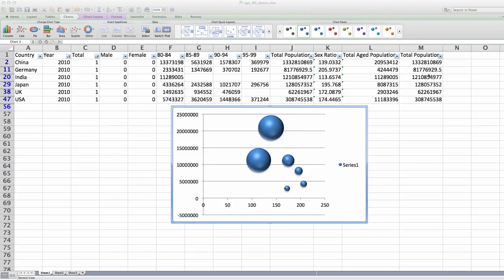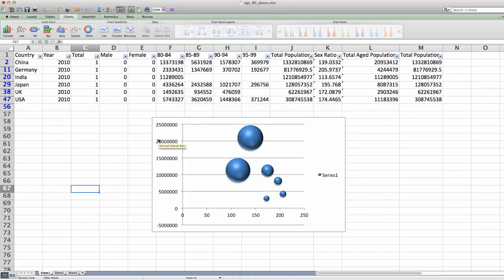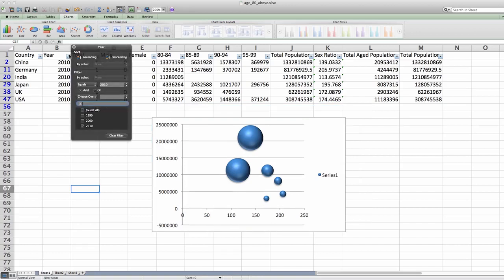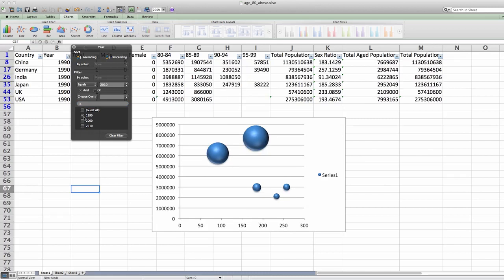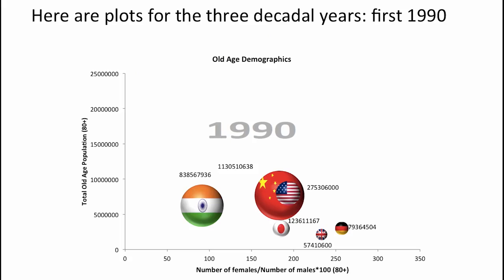That is why I had to copy and paste it again at the end of the row. The bubble is centered at the values of the other 2 variables. That is how we generated the bubble plot for the year 2010. You can go ahead and generate the bubble plot for the other years just by applying the filter. Select 2000 in the filter, you get the bubble chart for the year 2000. Select 1990, you get the bubble chart for year 1990. We have improvised our bubble charts to make them more readable.